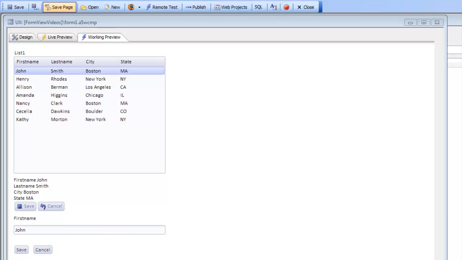We can take our read-only form and make it into an updatable form by putting an editor in an editor set and then specifying that all of the fields on the form use that editor. So in this case here we have a single editor that is being shared by 4 different form fields. Now, in this case, the editors are being displayed directly on the form, but in a real-world mobile